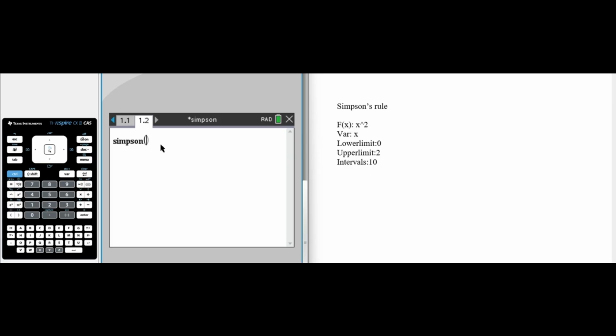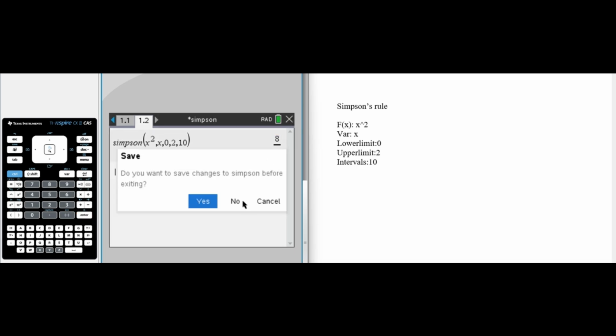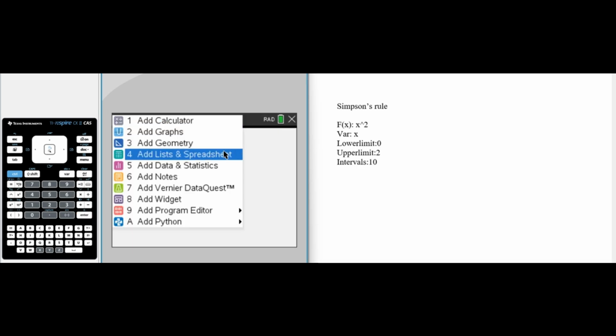And just like how we did it before, we just replace the function, variable, definite integral lower limit, upper limit, and interval, and it will give you the value. So this is a very simple method, but then a much recommended method is instead to open a new document,